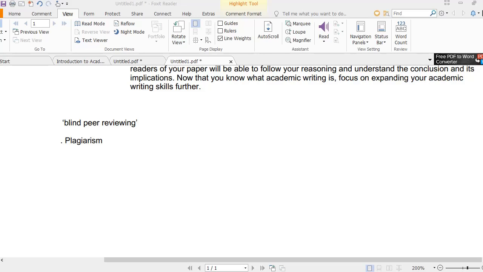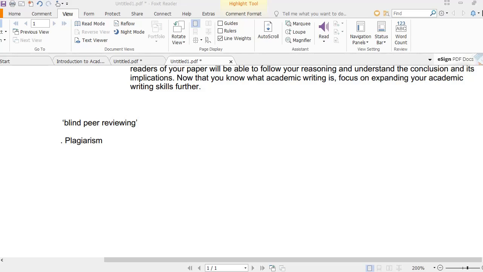The method to avoid such practices is that you should distinguish your ideas from the ideas of others in your paper. You should clearly distinguish what you have to say and what others have said. The borrowed items, the others' opinions which you have borrowed, should be acknowledged in the text of your paper by separating them using quotation marks. You should use quotation marks to separate them, acknowledge them, and provide the details of the sources. This is how you should avoid the practice of plagiarism.